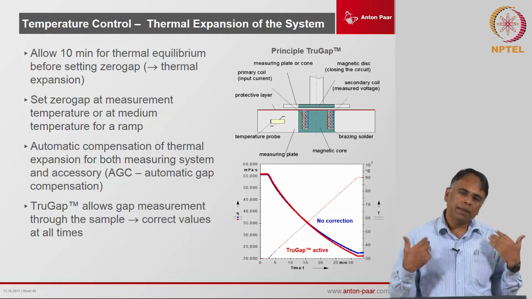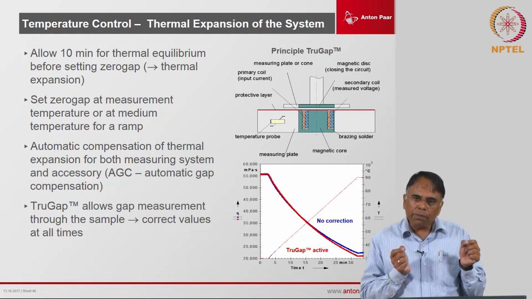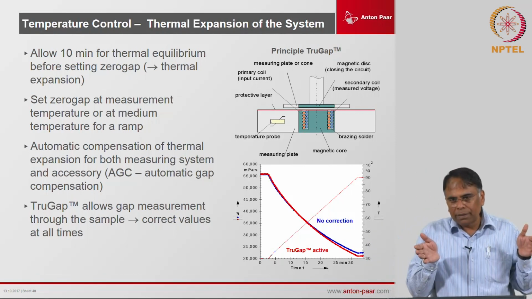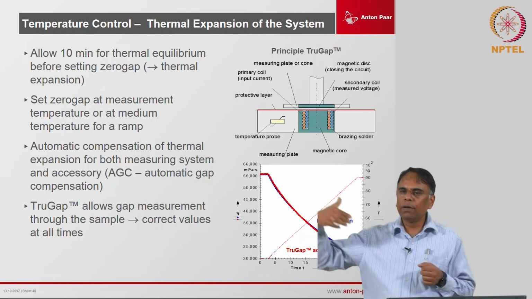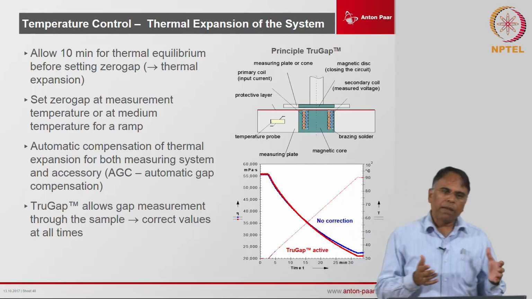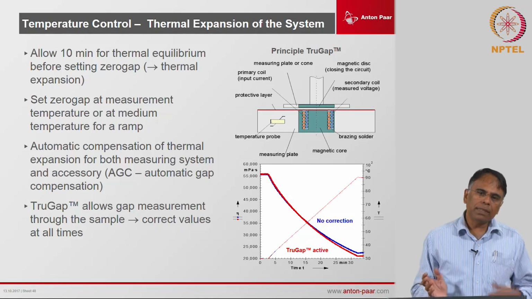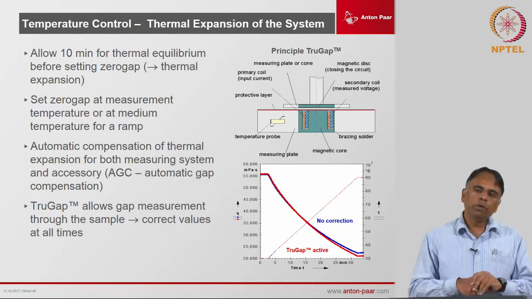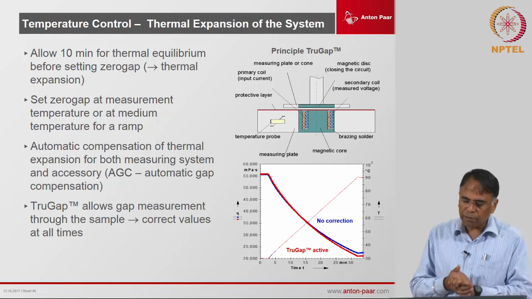But these geometries are extremely costly, and these sensors can only be used in a limited temperature range. At very high temperatures, these sensors, which are magnetic in nature, lose their magnetic properties, so they are no longer useful. If I am working within, say, 230 to 240 degrees centigrade, there is still a possibility to do a cone and plate measurement with a temperature sweep using this type of geometry.